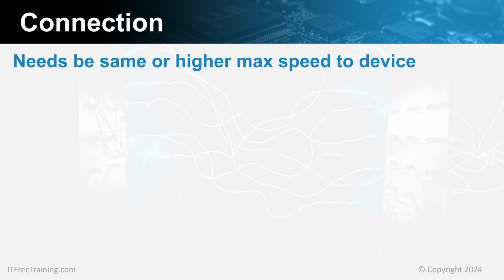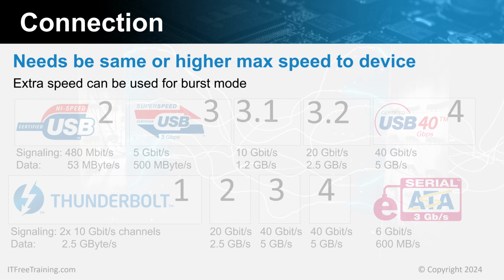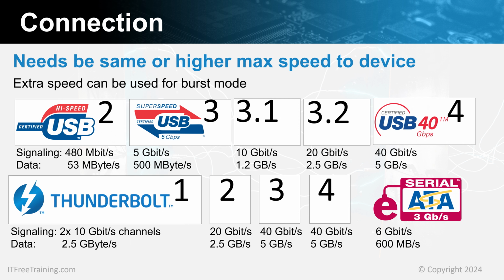If the device is not able to transfer data at the maximum speed, which generally devices won't be able to do, the extra speed will be used for burst mode. This mode utilizes a buffer to hold data, allowing the device to transfer data faster than the physical working speed of the storage. This will give you an initial extra burst of speed, but this extra burst of speed is short-lived. Shown here are the different speeds for different types of connections.